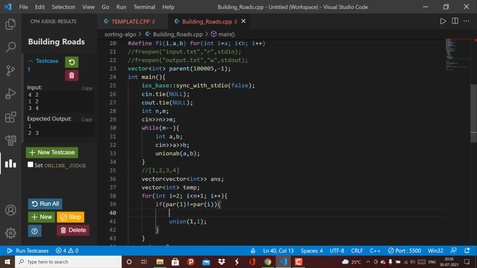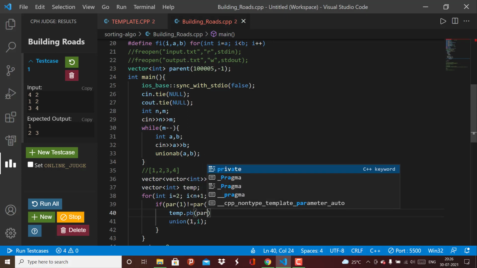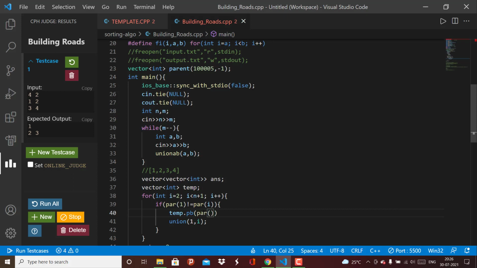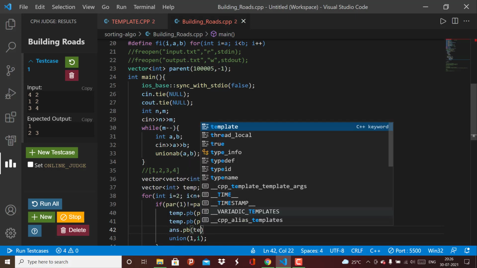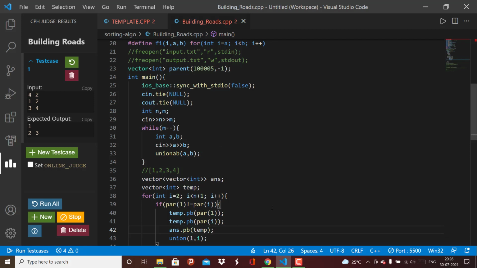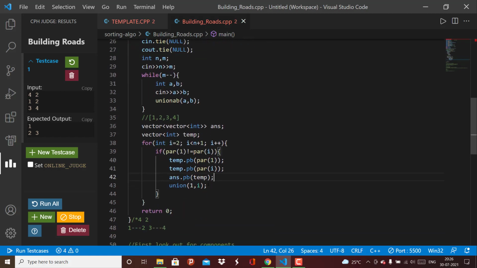And what we'll do is temp dot push back, and we'll push the parent of 1, and also we need to push the parent of I. After pushing this, we push this value in our answer vector. So our function is done. In the end, we just print our values.